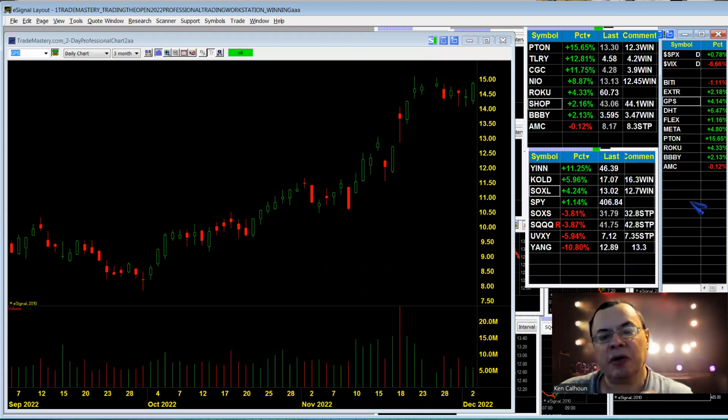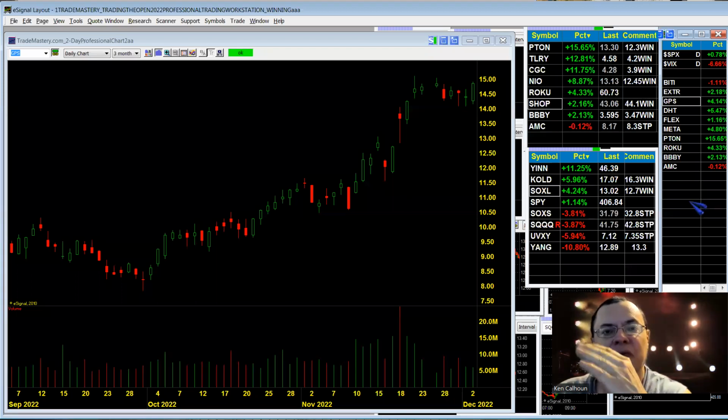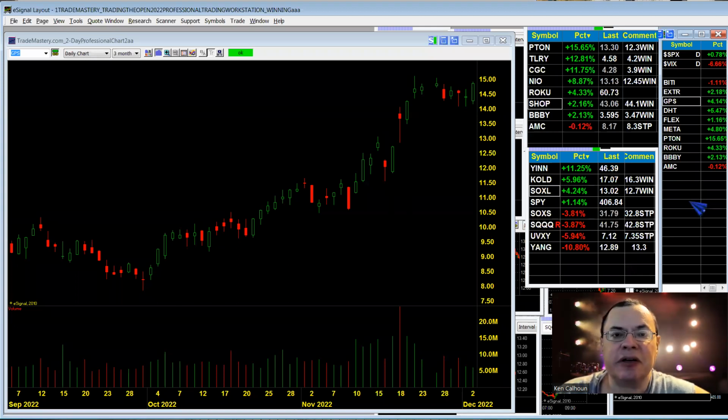In this market, you owe it to yourself to only trade the best and the brightest, the more intelligent, strongest price action charts that keep going up at a 45-degree angle. Don't fool around with iffy, haphazard charts. In this market, it's a high volatility market. You really want to reserve your capital for the best and the brightest, the best looking charts out there.